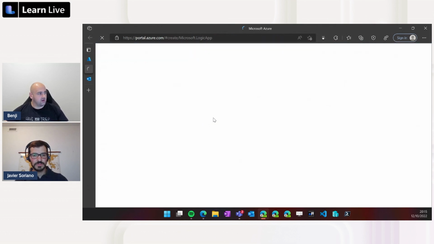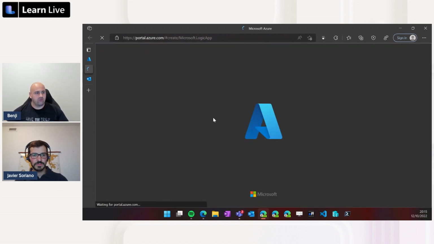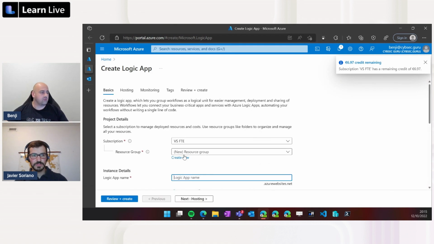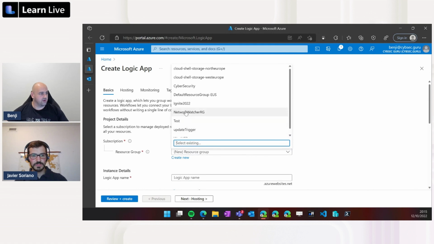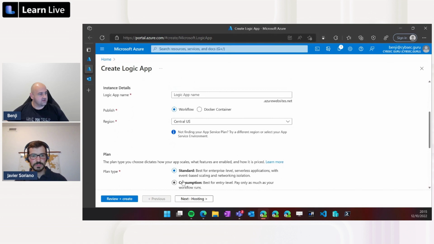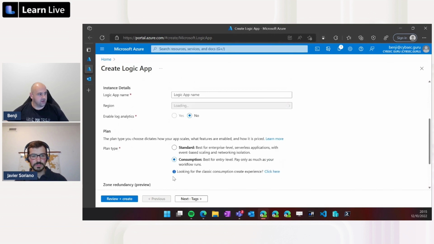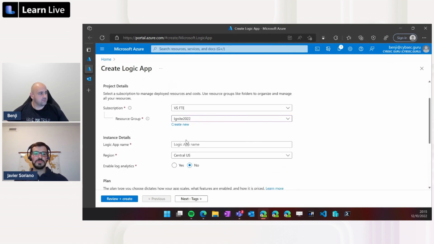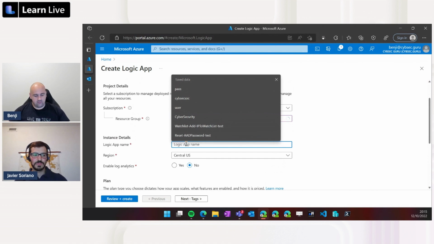So when we are clicking on the blank playbook, it will open us the window where we will actually start creating. So first selecting where we want to deploy it. So subscription, the resource group. In this case, I will choose Ignite as a resource group. And in this case, we are working on consumption playbook. So changing to consumption and putting in the name.